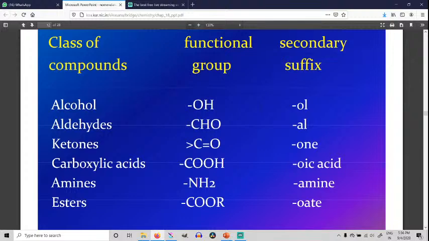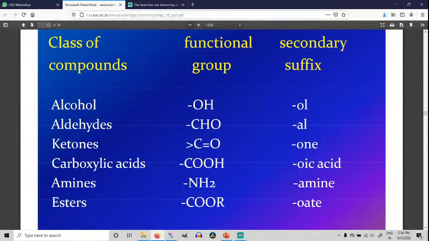Rest has not been deleted actually. They have removed a few topics, but we have to teach those topics. Actually, they have not removed them, because they are there for internal assessment. You will not get any question in the board examination based on those chemical reactions of organic compounds. Two more topics we need to study: homologous series and isomerism separately. We'll be practicing those two topics, and then we'll start the modern periodic table.